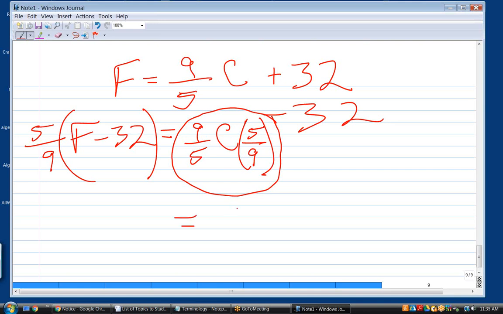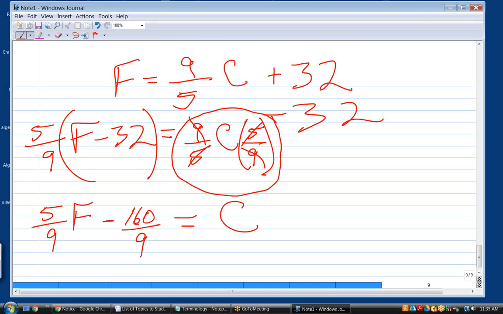Well, that leaves C all by itself because the 5 cancels and the 9 cancels. We knew that was going to happen. So this is an acceptable answer, although this should probably be distributed. Okay. So a more acceptable answer would be 5/9 F minus